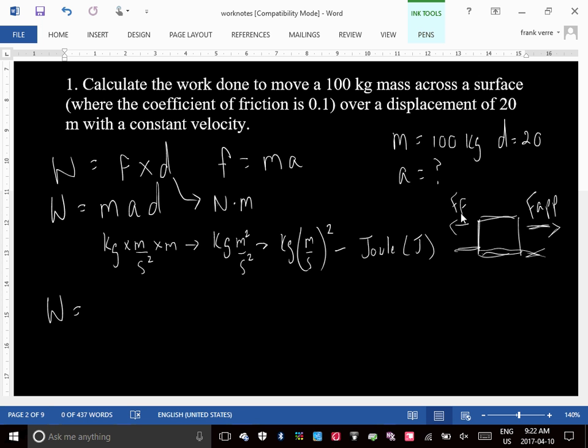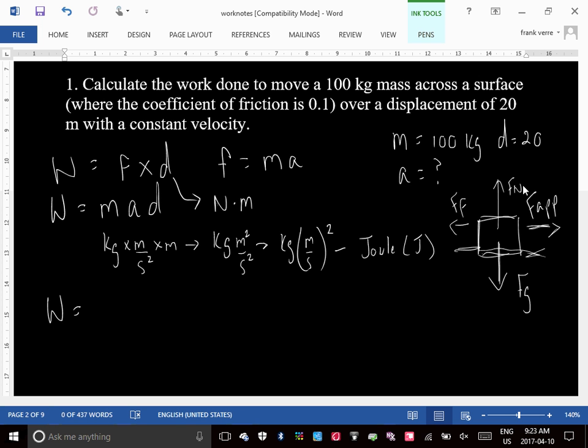Now, can we work out the force of friction? Why? Because you're given what? You're going to be given the coefficient, right? So, in this case, we're going to assume that we are not pushing up or down on the box. So, in other words, we're going to assume that the weight is equal to the normal force. That's the situation if the thing is sliding perfectly horizontal and there's no pushing and pulling vertically, then we can say the normal force is the same as the weight.